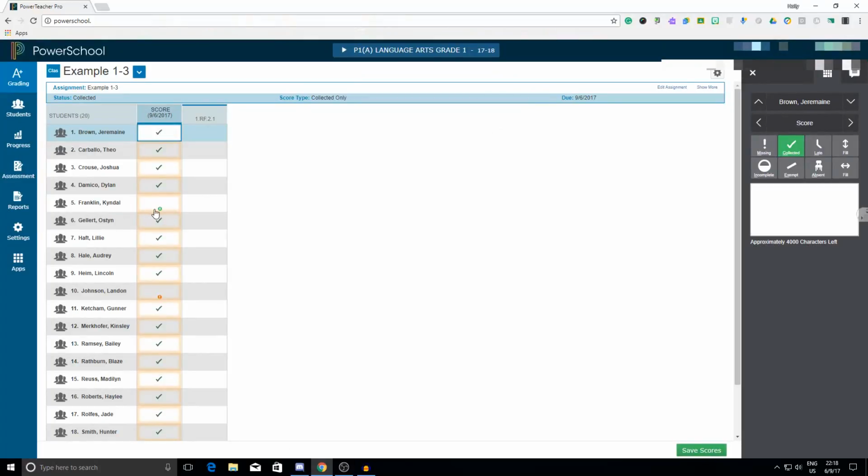Notice it didn't overwrite the absent mark or the missing mark for my student who was absent and my student who has the assignment missing. It only filled in collected for those blank cells, the kids that were remaining. Okay, we're going to